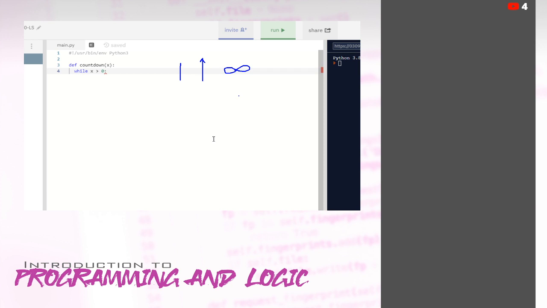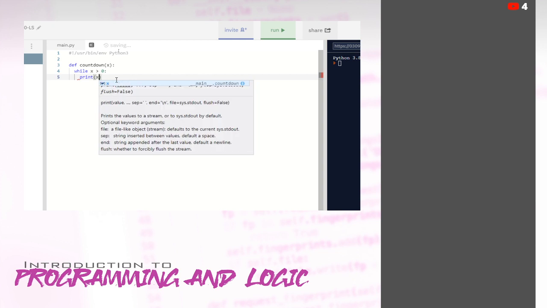So when we're thinking about this program, our x here could really be anything, right? So while x is greater than 0, we're going to print x.